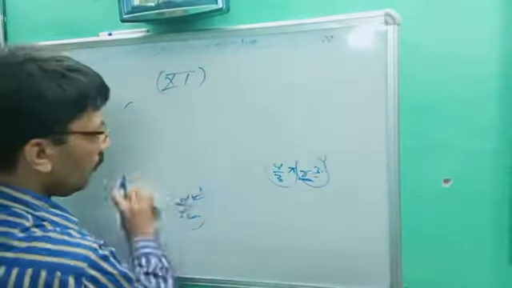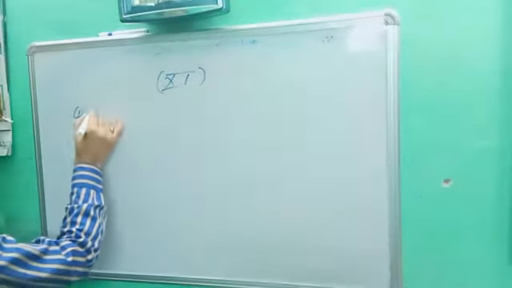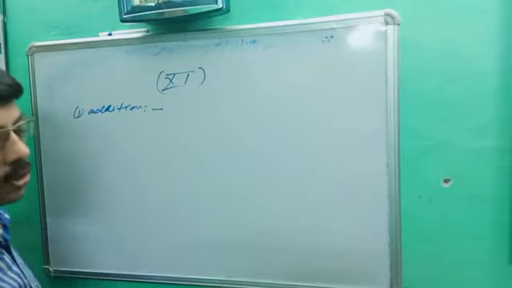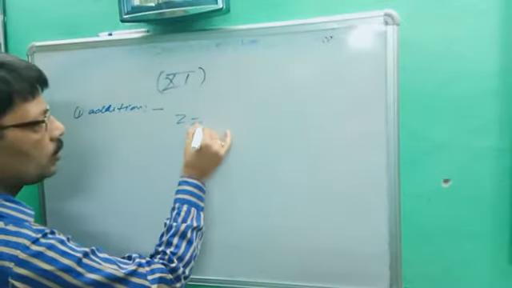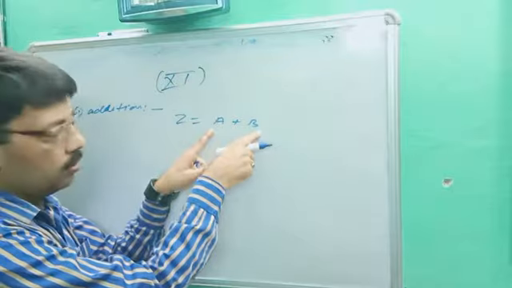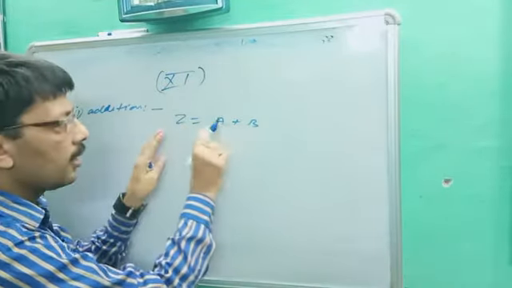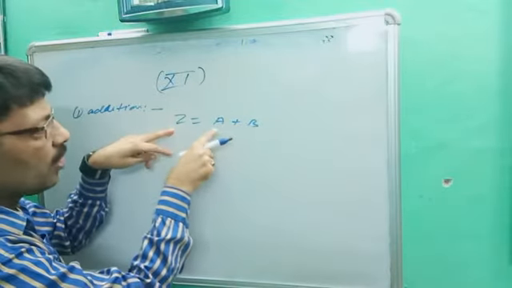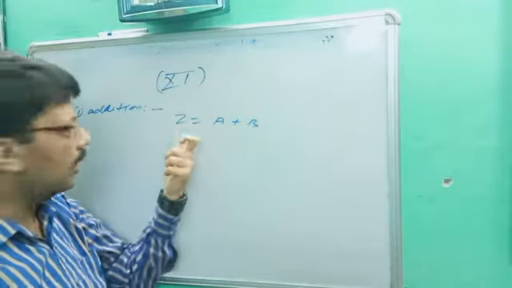Okay. So first point, combination of error in addition. Let's suppose Z is equal to A plus B. See, A and B are any physical quantity and we add them, we are getting Z. Here there is no error in A, no error in B, so the combined effect will be Z. Z is the combination of A and B. Since A and B are errorless, there is no reason for error in Z.